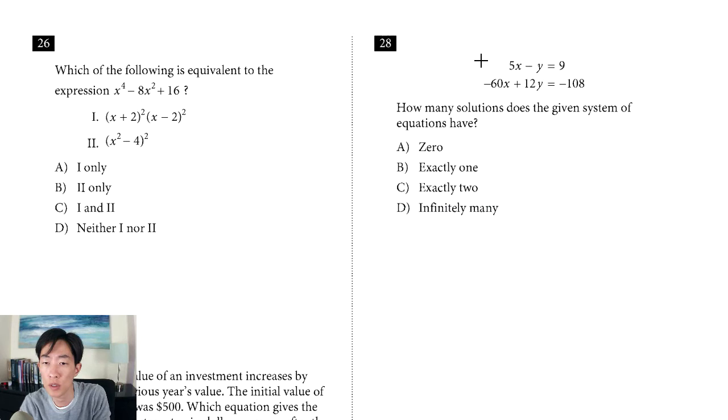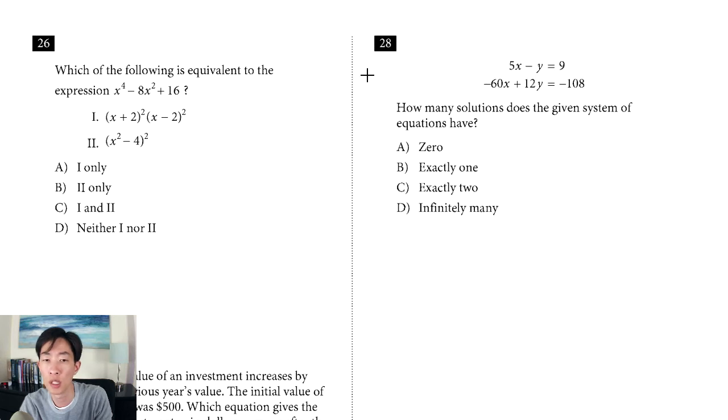Question 28, we have a system of equations. It says, how many solutions does the given system of equations have? And notice the choices: 0, 1, 2, or infinitely many. Now you can do this a number of ways. If you were to do it algebraically, remember from the video of the previous section of this test, we said